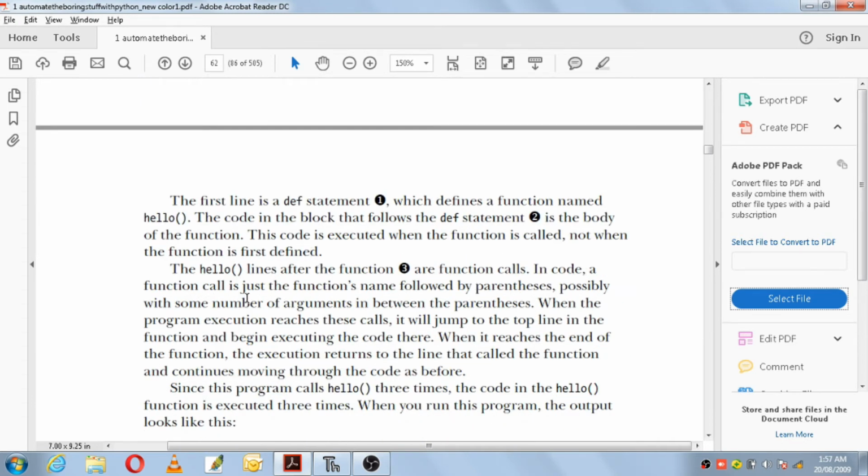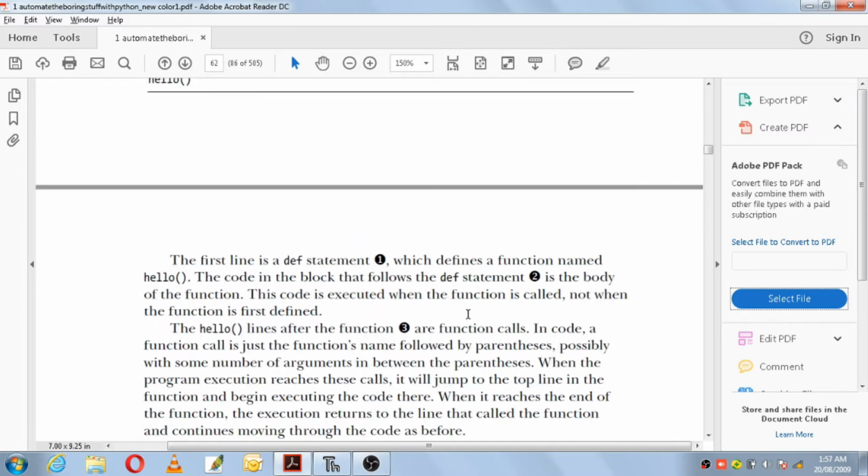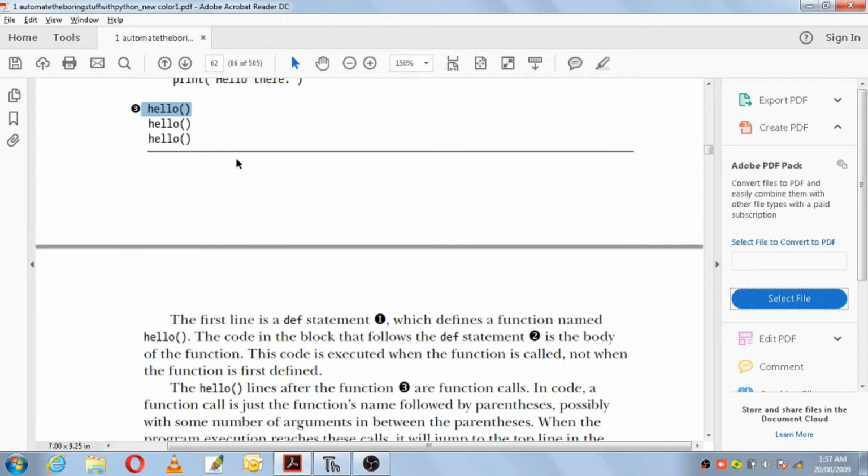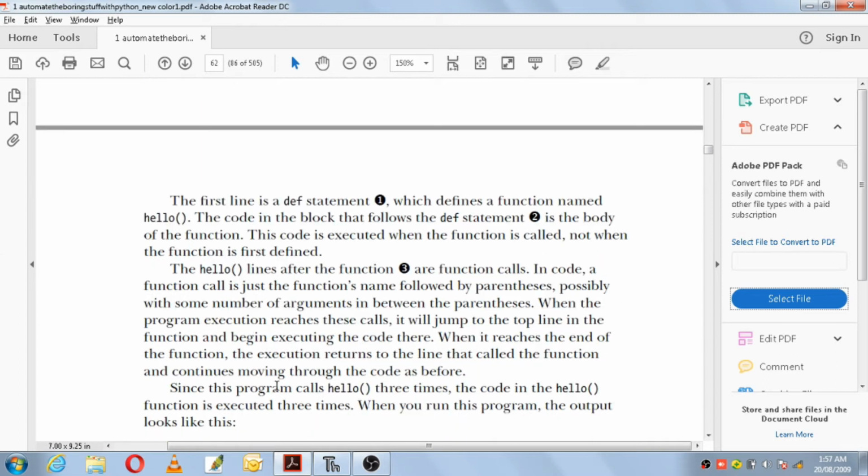In code, a function call is just the function name followed by parentheses, possibly with some number of arguments in between the parentheses. So function calls are nothing but the function names with the parentheses. If you want, you can also have some arguments within those parentheses. When the program execution reaches these calls, it will jump to the top line in the function and begin executing the code there.